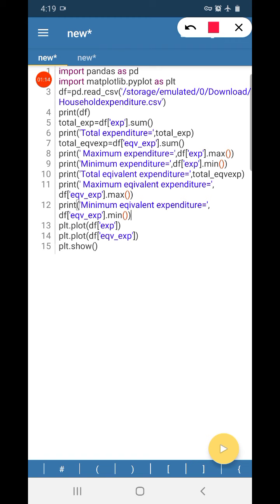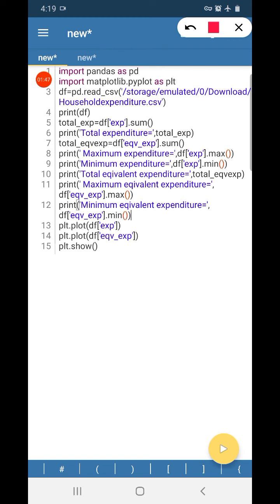Then to find the sum we have the function sum, so it is applied as dot sum. Then the calculated value is stored in the variable total underscore exp. Now we have to print the total expenditure, that is equal to total exp, so this value will be displayed here.